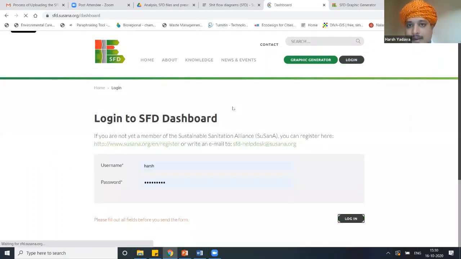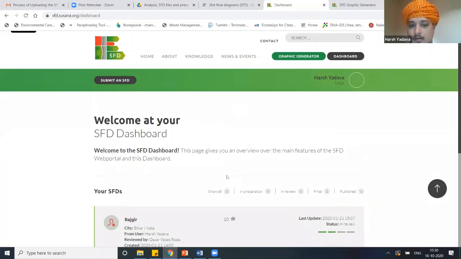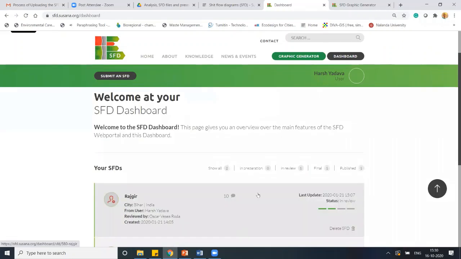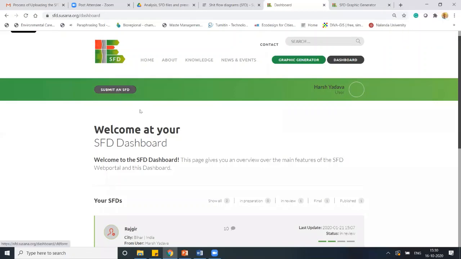I hope you all are getting how I'm going with it. When you go to the SFD graphic generator and log in, this is the first page you see. Here you can see your name and what kind of user you are. Here you have to click this button.